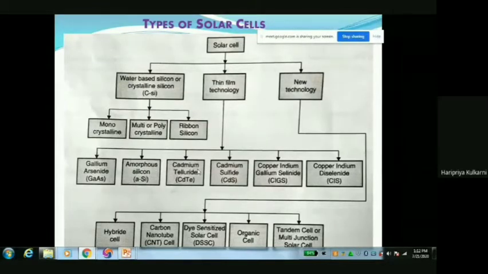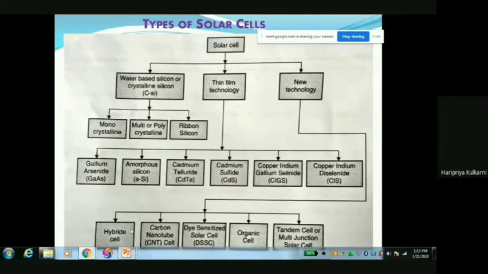If you observe in thin film, only materials are changing, and depending upon that, various types are there: cadmium sulfide, copper indium gallium selenide (CIGS), then CIS, copper indium selenide. Then new technologies include some new materials which make a combination of two, three materials and make a